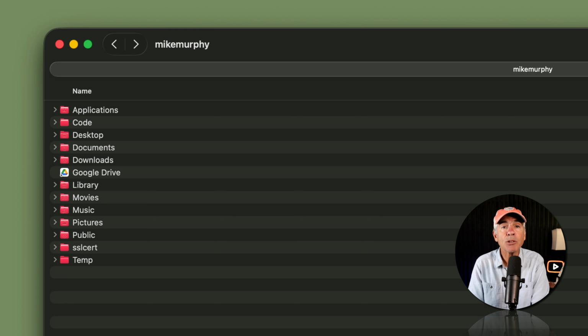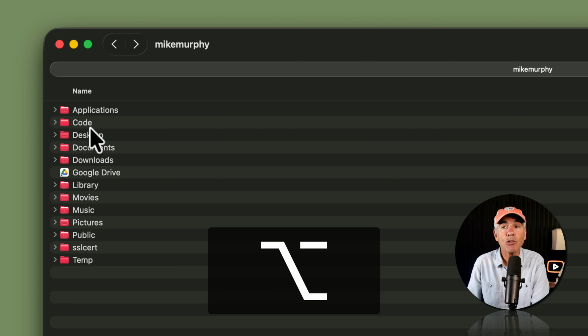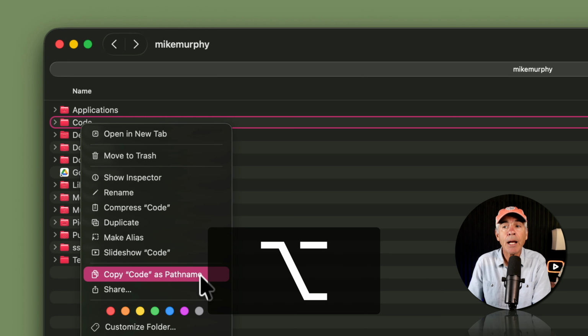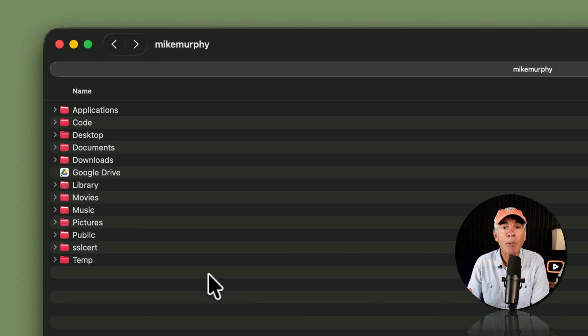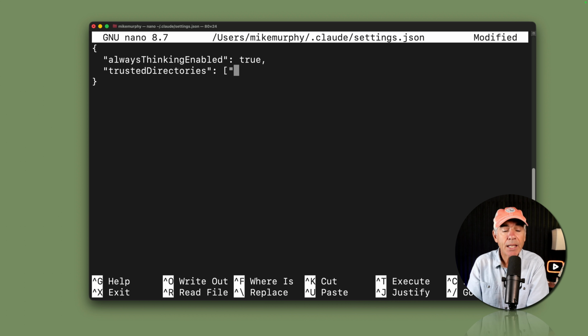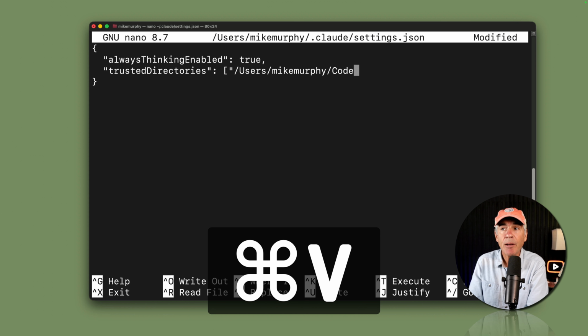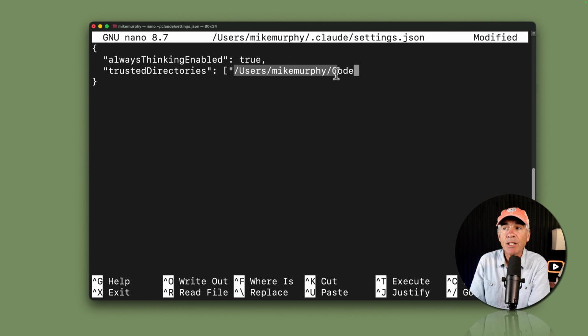A handy little tip for Mac users: to get the path for any file or folder on your computer, press and hold the Option key, then just right-click on the file or folder. So I have the Option key pressed. I'm going to right-click on code, and then I'm going to choose Copy Code as path name. That copies the path to that directory on my clipboard. Now back in the Nano Editor, I can just paste, Command V, and that is the path to my trusted